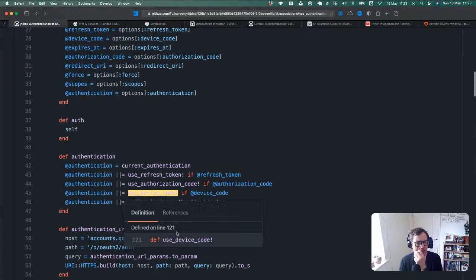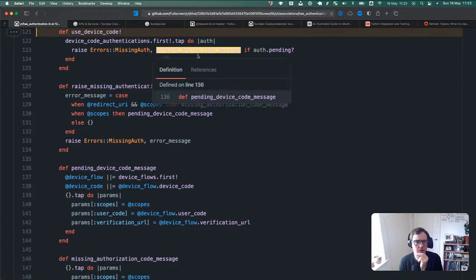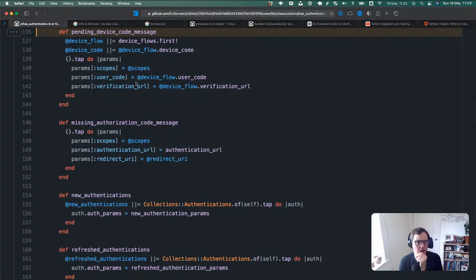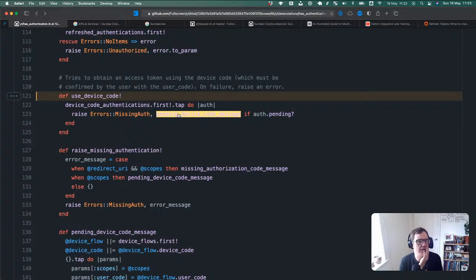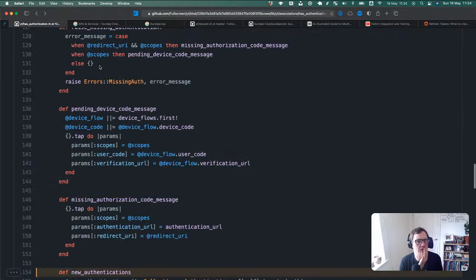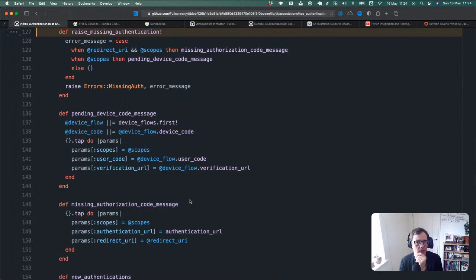Use device code. So what's device code? Device code authentications. Okay, so that must be something that tries to obtain an access token using the device code, which must be confirmed with the user code. On failure, raise an error. Yeah, I don't know what device code is. Okay, that's fine. It's just another way of authing. And then raise missing authentication. So if none of that's worked,